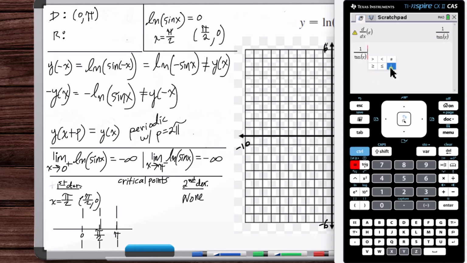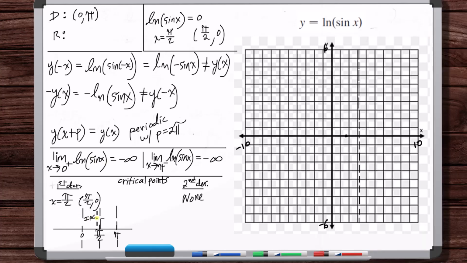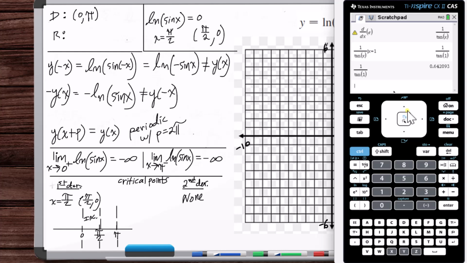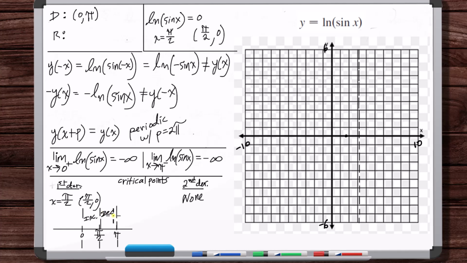this with x equal to, let's do 1. And what is that? Is that positive or negative? That is positive, so increasing here. Okay. Now let's do this again with x is equal to 2. Negative, so decreasing. Okay. And it's not defined in these regions until you keep going and the period starts again